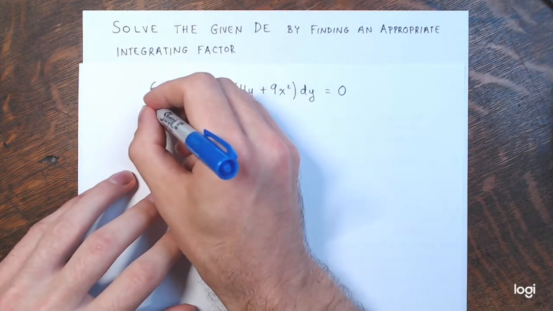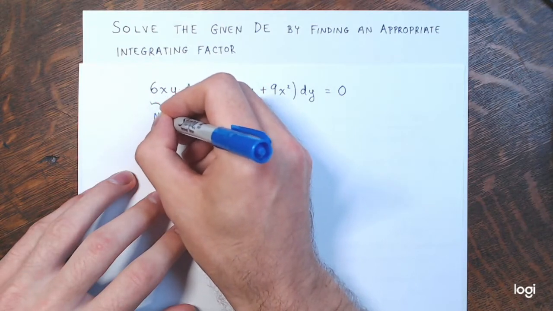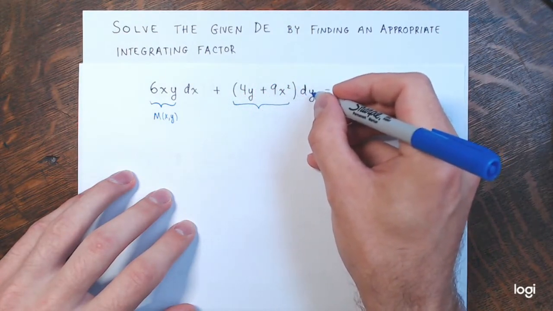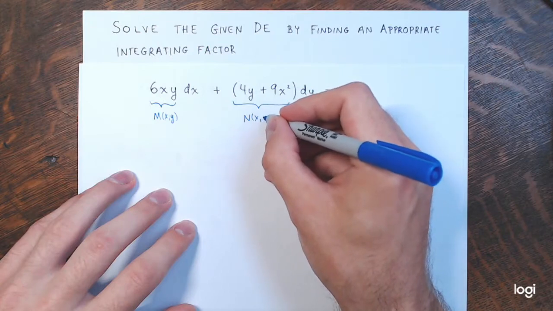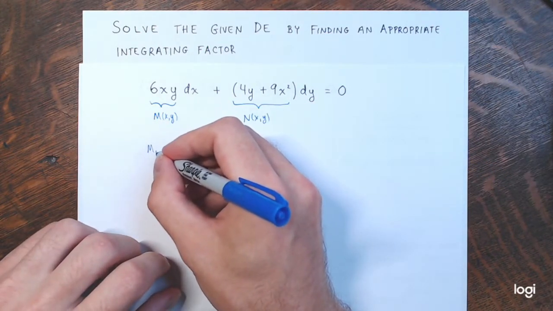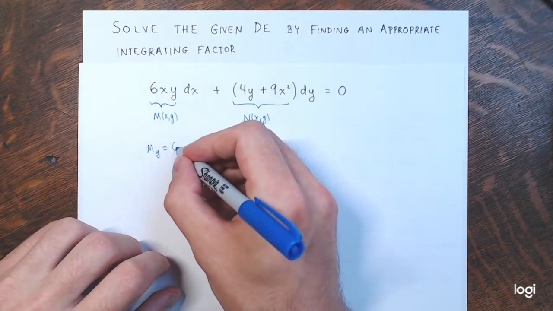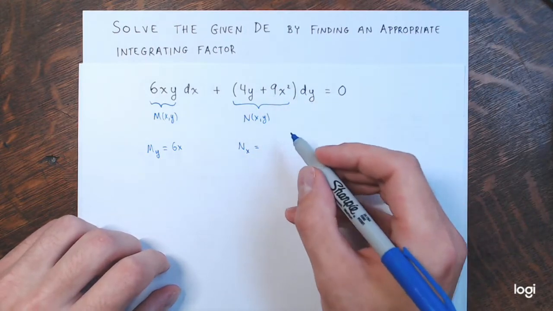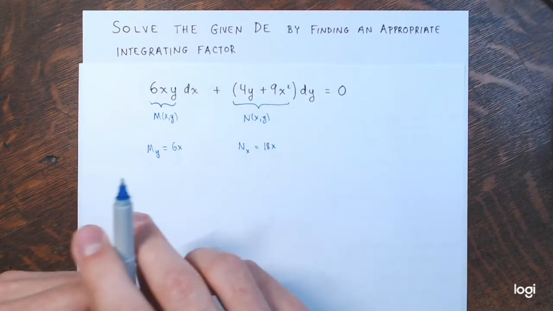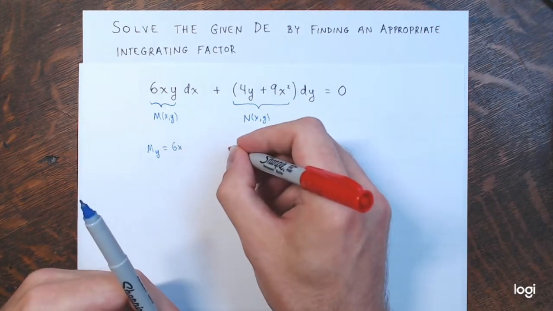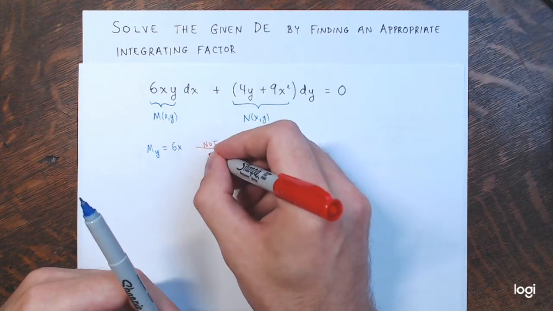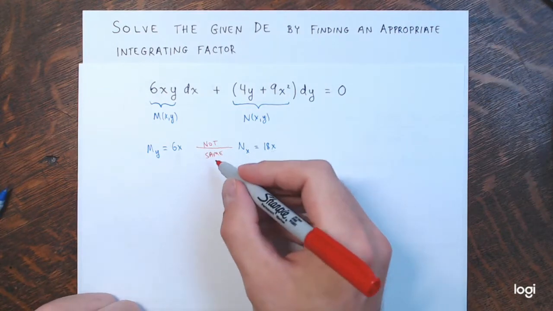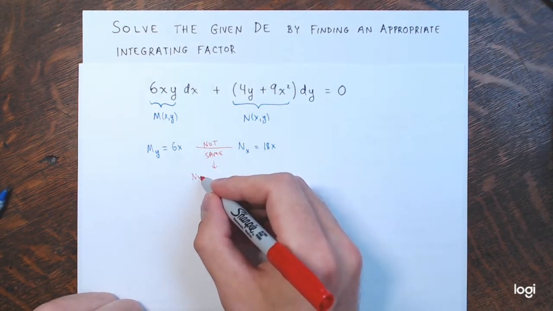If I consider this 6xy here as M of x,y, and consider this coefficient of the dy as N of x,y, you see that the partial of M with respect to y is 6x. The partial of N with respect to x is 18x. And these are not the same, right? 6x is not the same as 18x. So, yeah, the equation is in the form I like, but these partials aren't the same, so this is not an exact equation